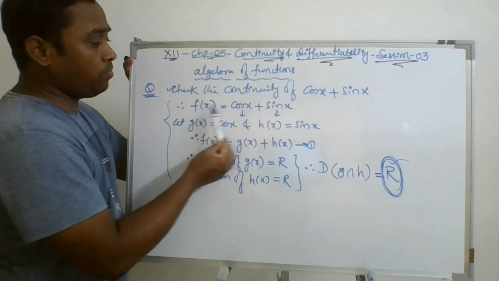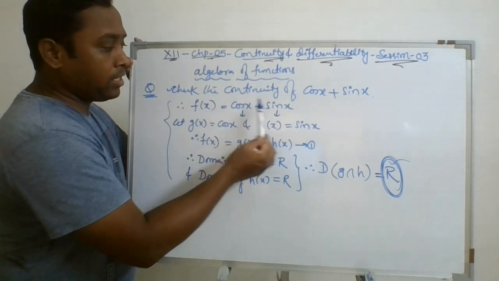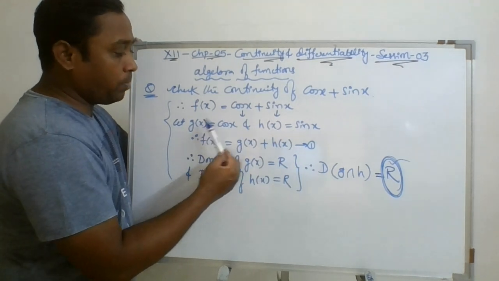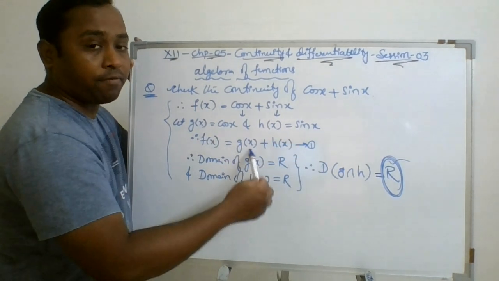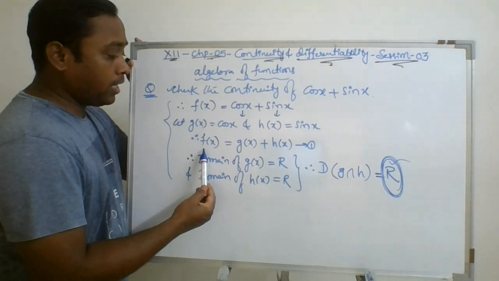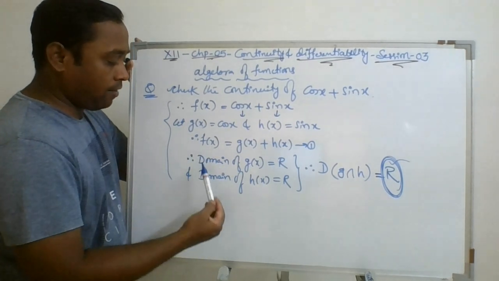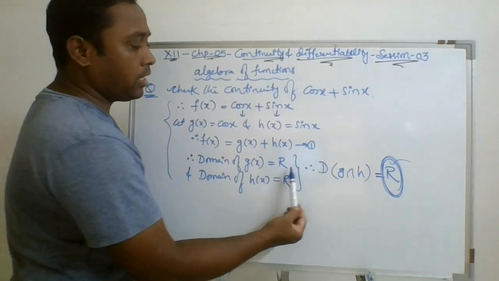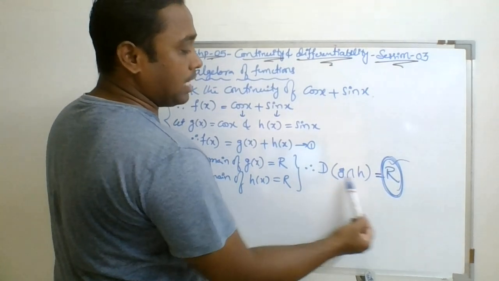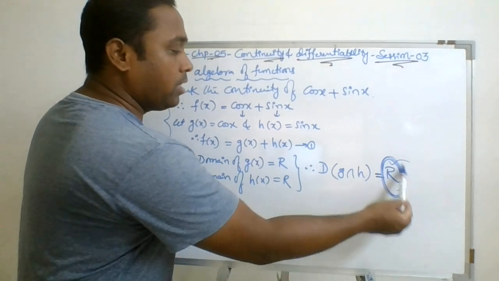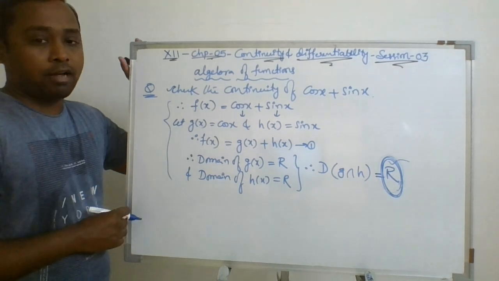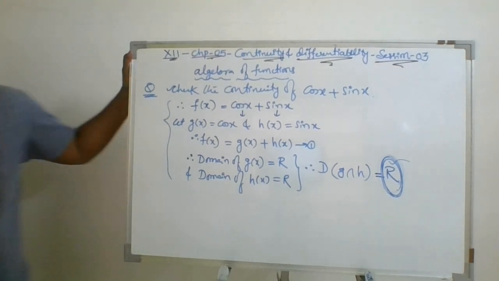First, you need to assume the function and split the function into the simplest ones, by assuming g of x, h of x, r of x, and so many. Thereafter, first write down the domain of each individual function, and then write the domain of the common intersection portion. Within this domain, we need to check the continuity. Now let's have a discussion further.